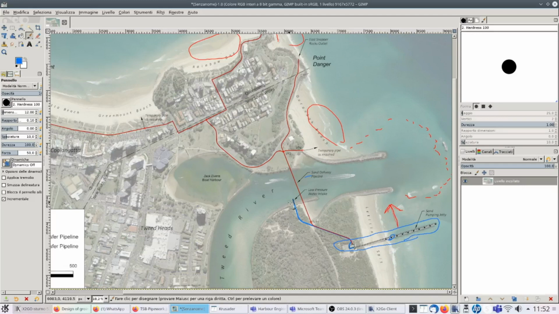They take the water from the Tweed River, from this blue line. Here there is the intake. And then they pump water from the Tweed River. They inject water into the seabed in order to move the sand, and then, with pumps, they pump